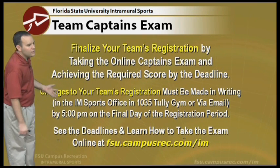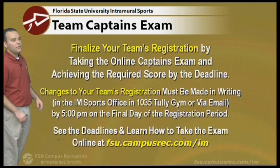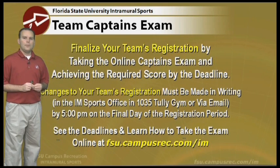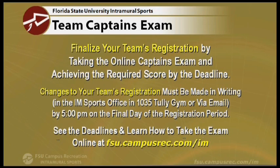If you need to change something about your team, like the team name or something else, make sure you do that before the end of the registration period. So it certainly helps us out and allows us to give you some assistance with maybe a time change if we have that opportunity. For more information on deadlines and actually to take the exam, visit our website at